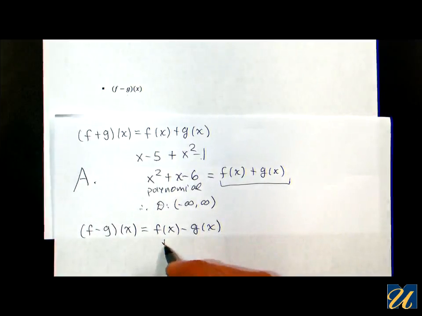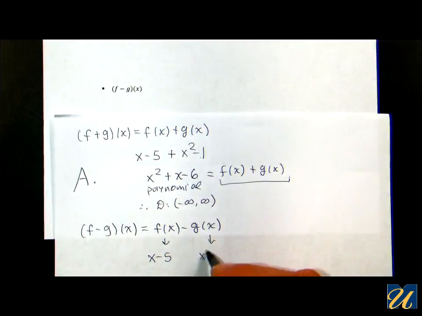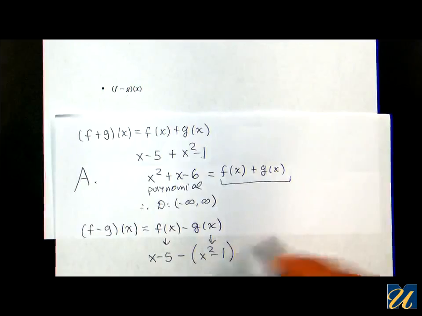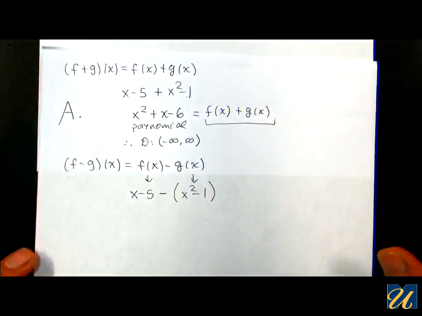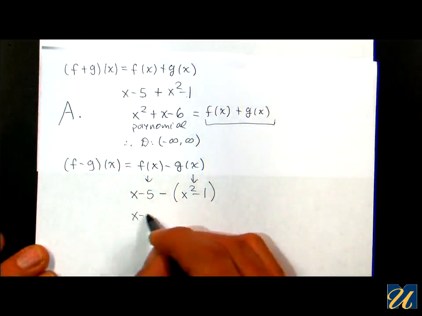So yes, you write down the function f of x. Yes, you write down the function g of x. Yes, you put a minus sign in between, but you have to subtract off the entire g of x function. So the parentheses there are mandatory. You need to have the parentheses there. Now distribute